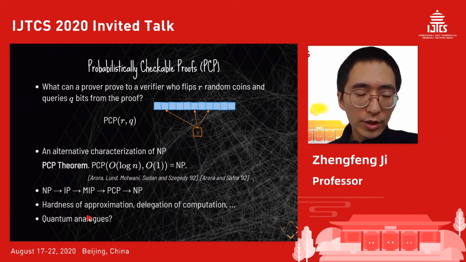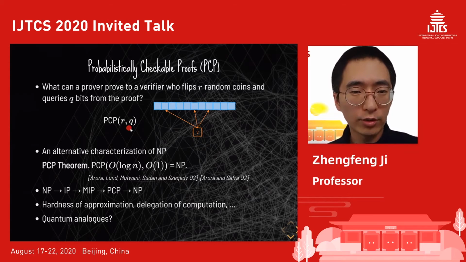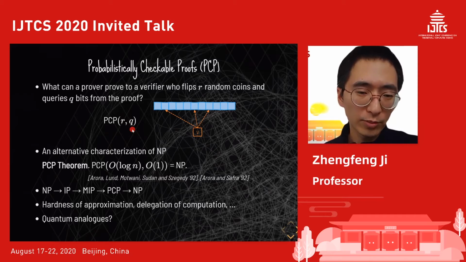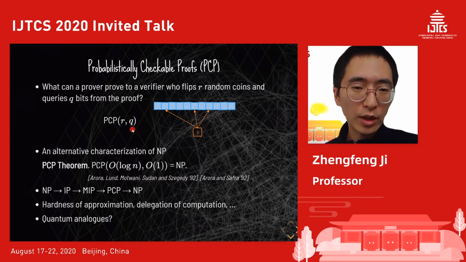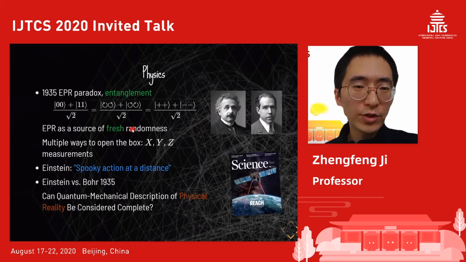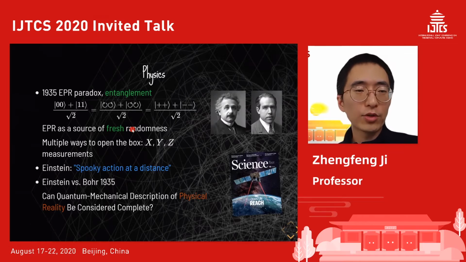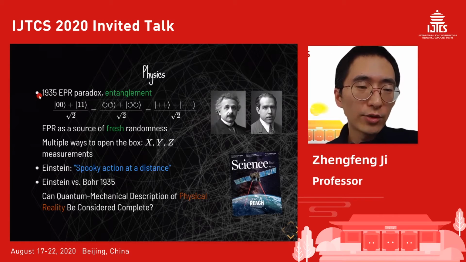And so in our case, we would use this classical test, but we'll need some sort of quantum soundness later on. So that's a brief discussion of what we will use from computer science. And for physics, the problem also started from the 30s, where Einstein and his co-authors were considering